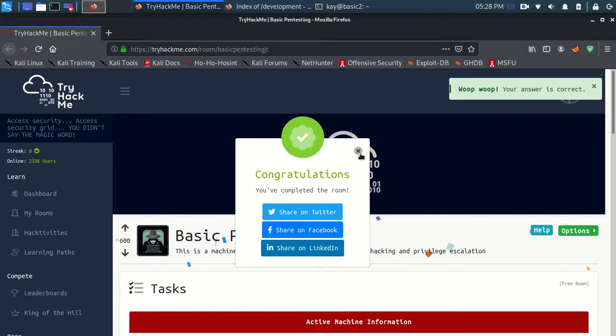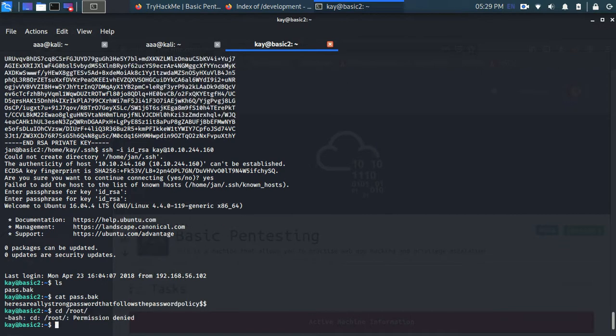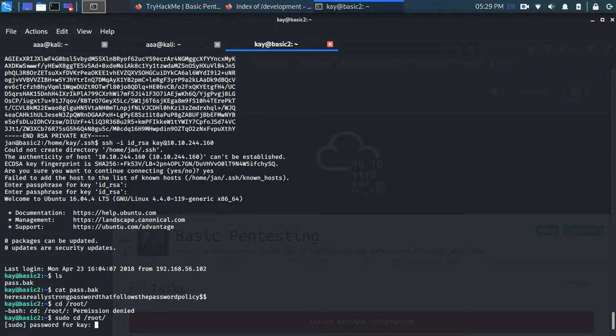Oh, so this is it actually, but if we wait a second, let's go to cd root. Okay, let's do sudo, then let's go to cd root, and the password is this one.